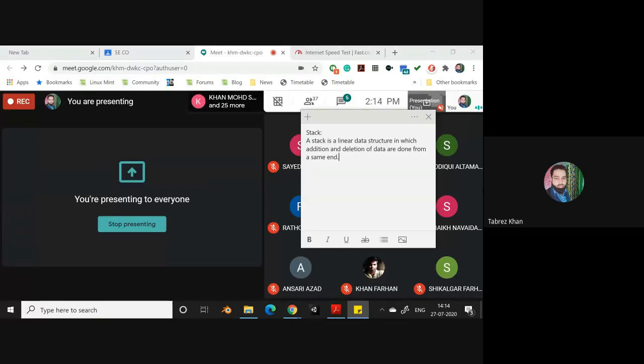Now this end, from where the insertion and deletion is done, is often referred to as the top of a stack. Top of a stack. So the stack has one end only, one open end, and that end is called the top of a stack. And whatever data is inserted last will be deleted first,